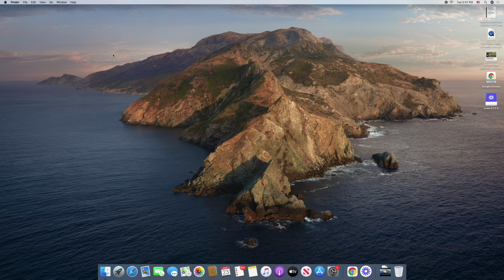I like to have mine set up so when I bring my mouse to one corner of the screen, it automatically locks my screen. So if I ever get up from my desk, I can just quickly drag my mouse over to the top right corner and my computer will fall asleep and I don't need to worry about it not locking.